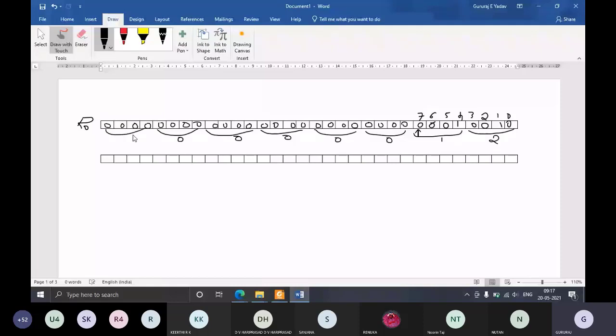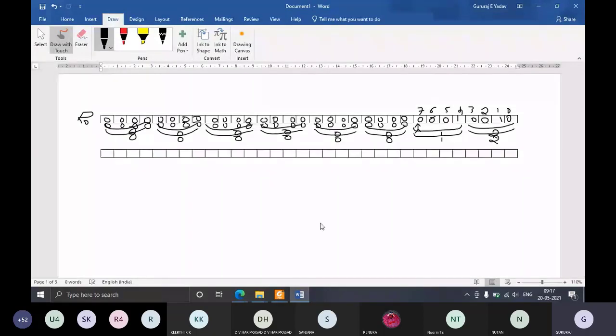So this is the new value of R0 after the instruction completes. So what is that instruction?